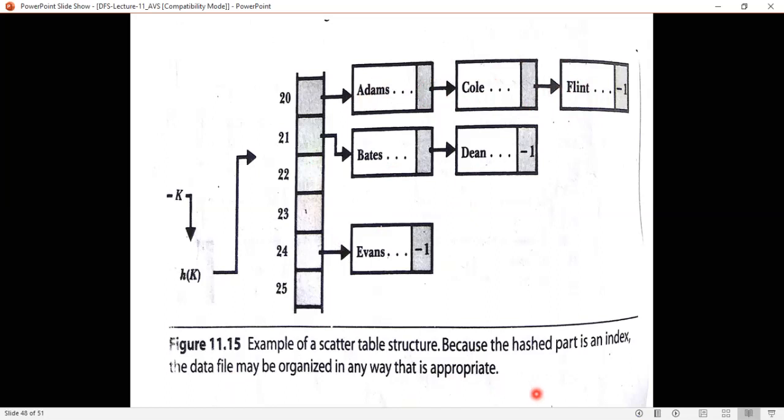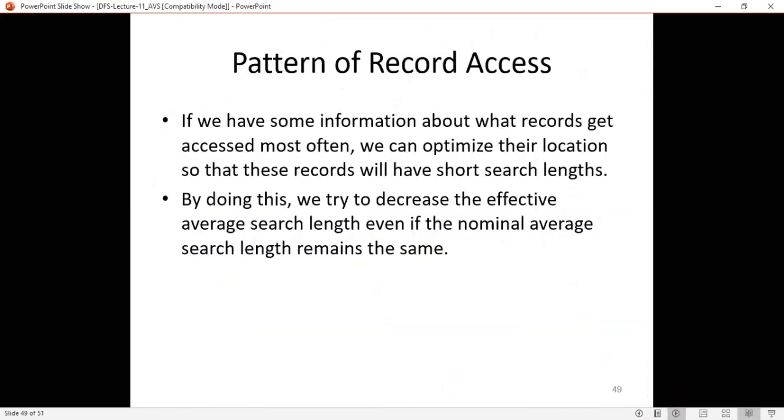Any method you can use. In an example of a scatter table structure, because the hashed part is an index, the data file may be organized in any way that is appropriate. This one is arranged in the form of synonyms, and ascending order is also used here. Okay, this is about scatter tables. Searching will be easy in this form.